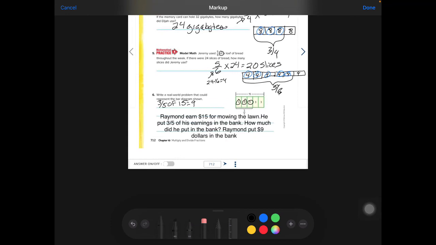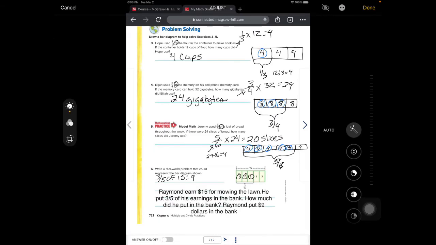All right, ladies and gentlemen, you can do your own sample problem there. Just make sure it fits the storyline. Go ahead and rip this out and turn it in. Let's do